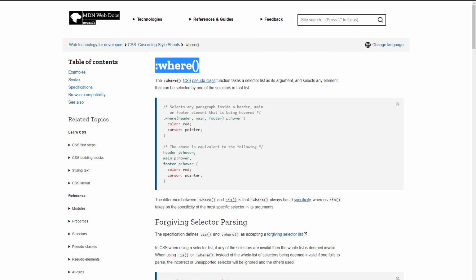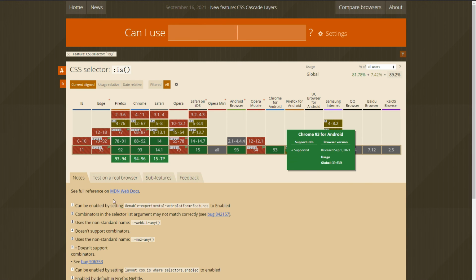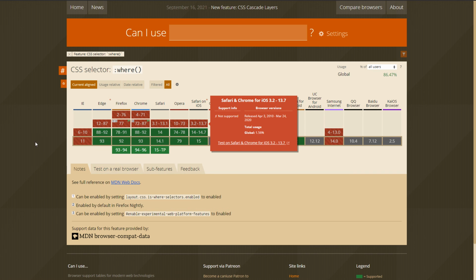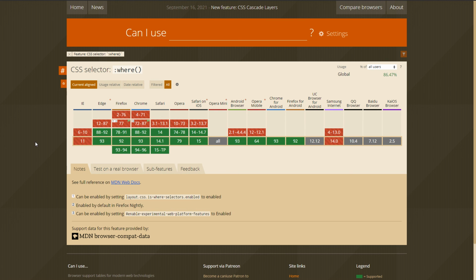As far as web browser support is concerned, the :is function is not supported by Edge or IE right now, while :where is supported by Edge but not Internet Explorer.